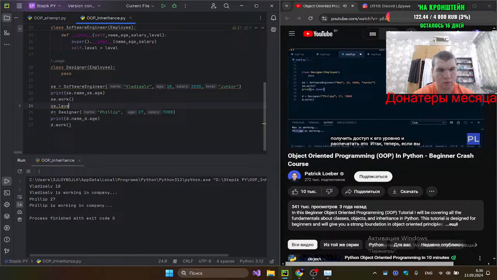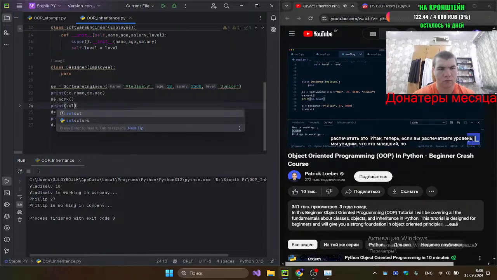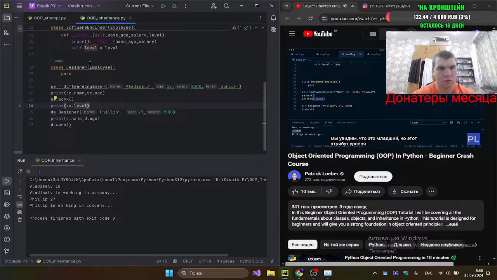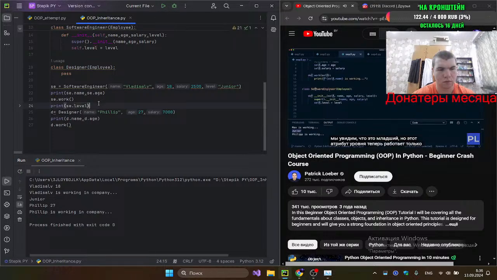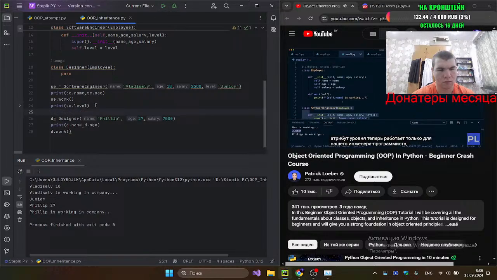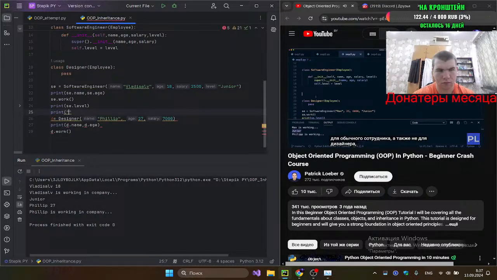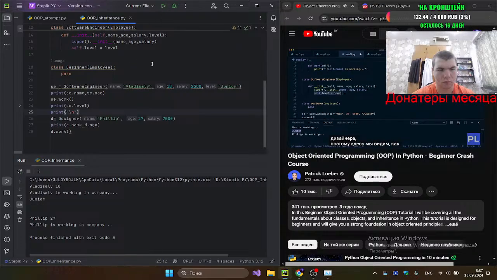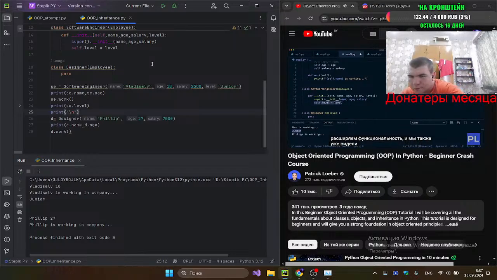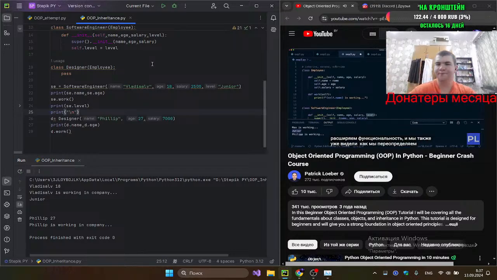So now if you print the level, then we see this is junior. But this level attribute now only works for our software engineer and not for a general employee and also not for the designer. So here we see how we extend the functionality, and we also already saw how we override